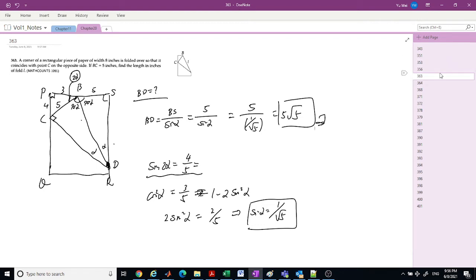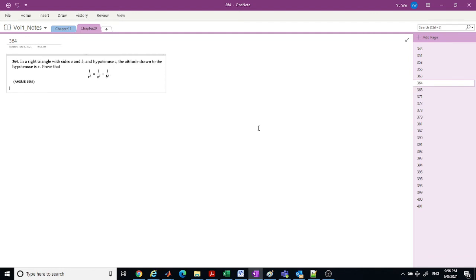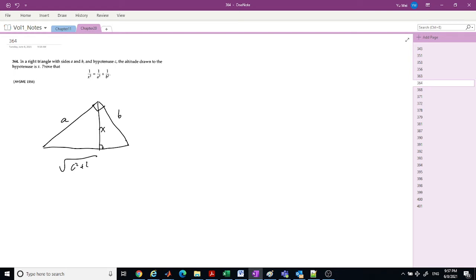Okay, that's 364. So in a right triangle with sides A and B and hypotenuse C, the altitude drawn to the hypotenuse is X. Okay, so this is a right triangle, right? So we know two ways to calculate the area, right? So 2 times the area of triangle ABC